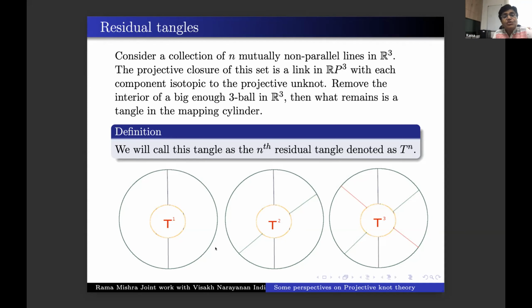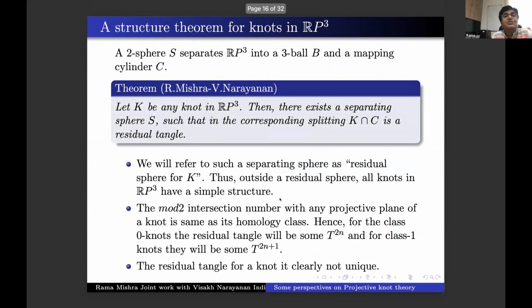So the intersection, the outside thing, is like tangles, and we would like to name them, like how many are there. For instance, this we call T1, or this is T2, or you can have Tn in general. So the nth residual tangle. So now suppose you have a separating sphere which separates it into a ball and a